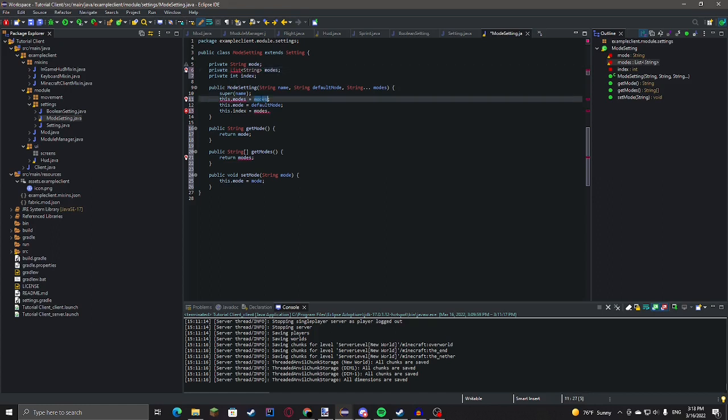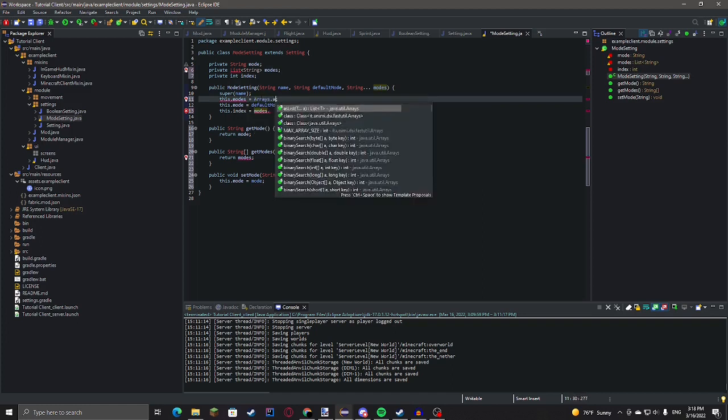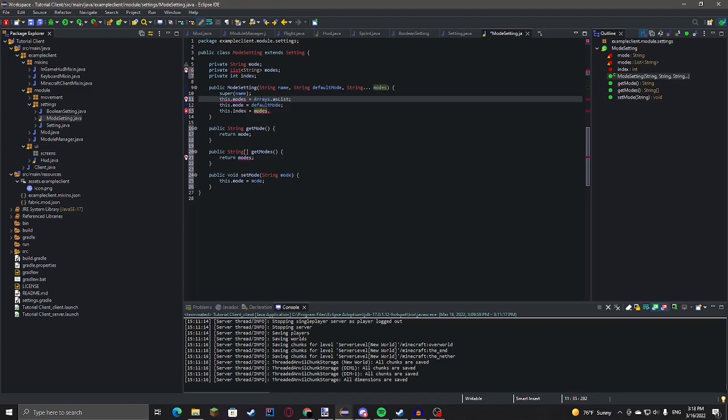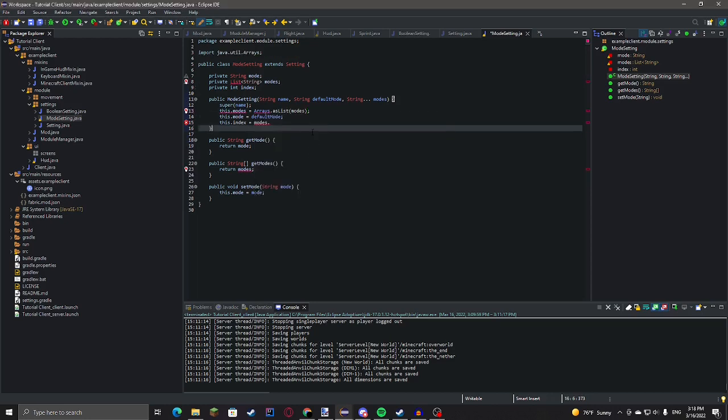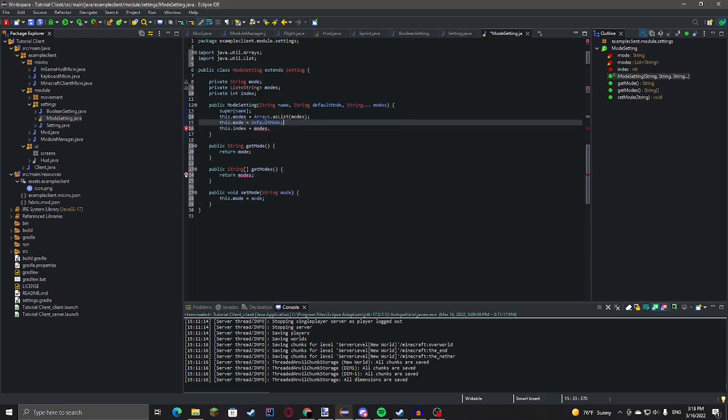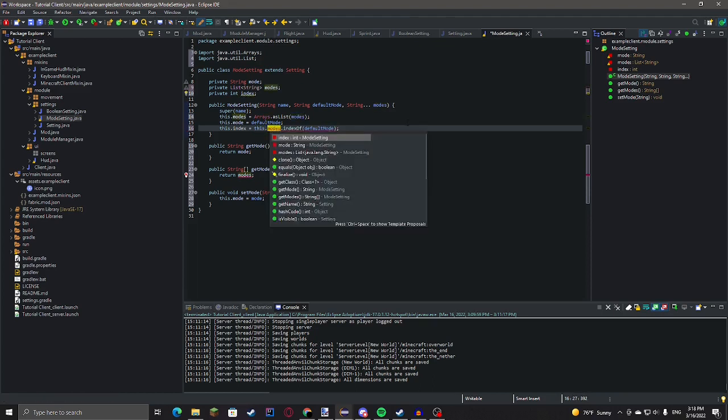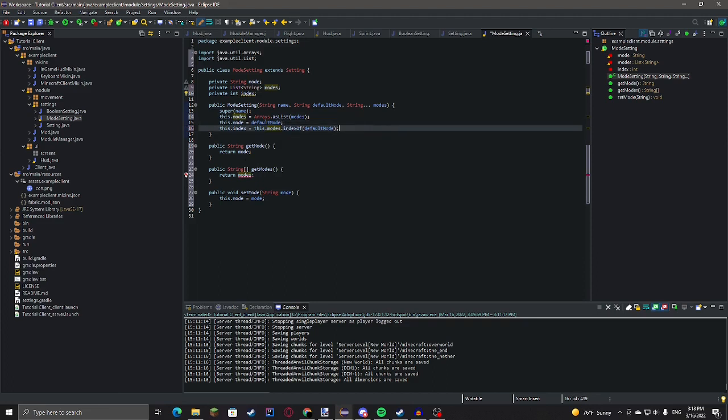And then this dot modes equals arrays dot as list modes. Import arrays from Java util. Import list from Java util. Index of default mode. This dot modes. And then we'll do public list string.